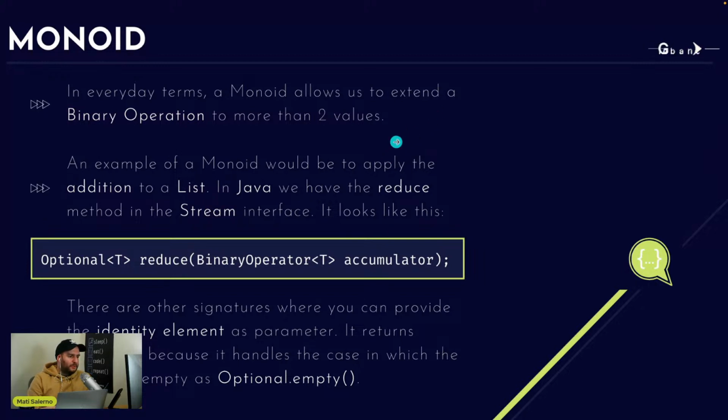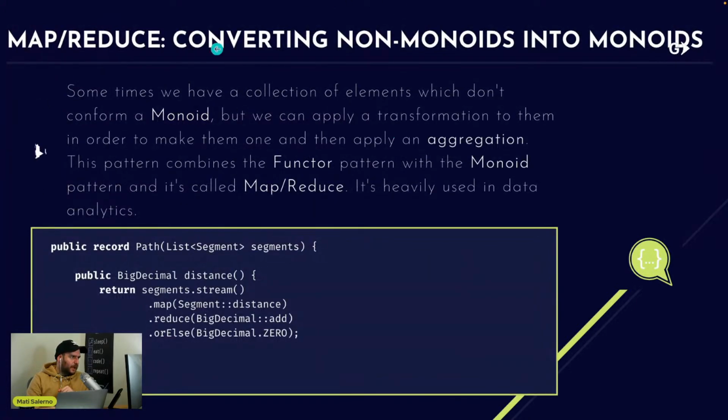So I'm going to move on because the next pattern is very related to this one, and it's called the map reduce pattern. Basically, sometimes we have classes or data that in themselves are not monoids. So we want to create a monoid so that we can operate with a binary operation like an aggregation. And when I say aggregation, it's not just additions. It could be an average. It could be anything, any binary operation